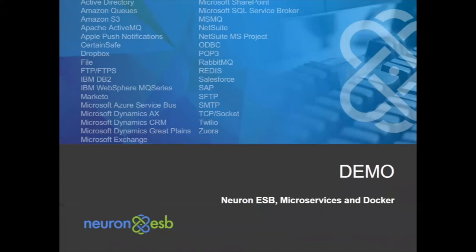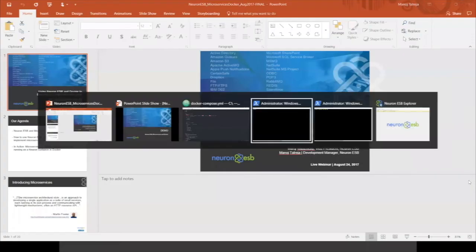This demo demonstrates exposing a Dynamic CRM instance as a microservice. In this particular case, it is exposing the Dynamic CRM account entity as a REST endpoint. For the purpose of this demo, I'm showing you the implementation of GET operations, but it can easily be extended to support POST, PUT, and DELETE. These microservices can be combined with other microservices to seamlessly complete complex business operations across multiple business applications. So I will jump into my demo now, and I will show you running containers using Docker.